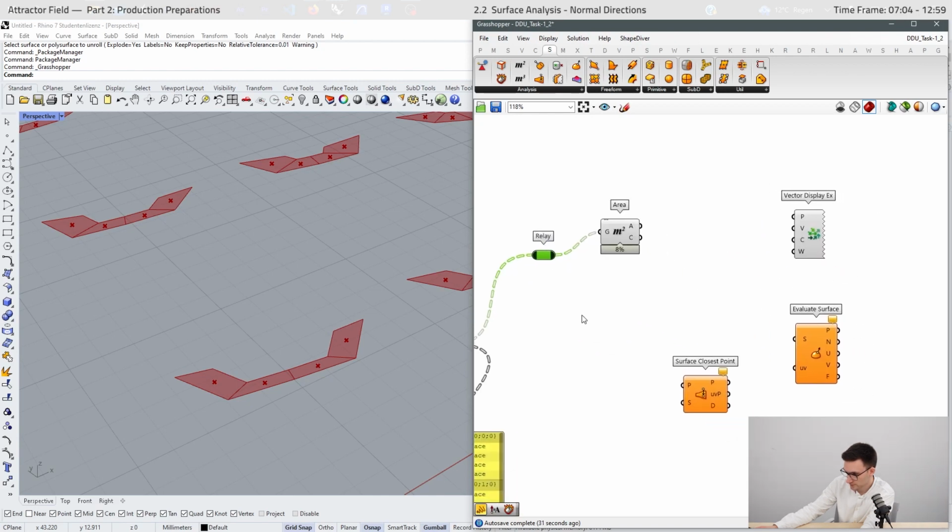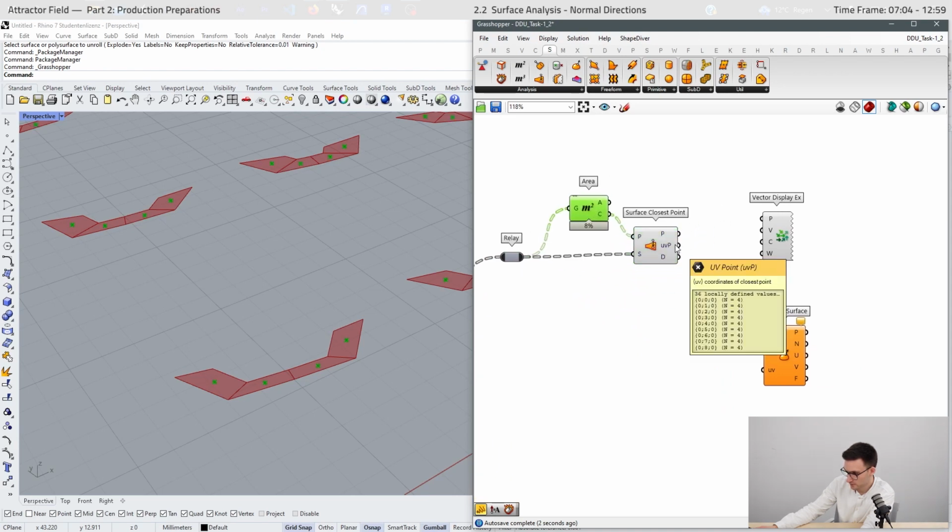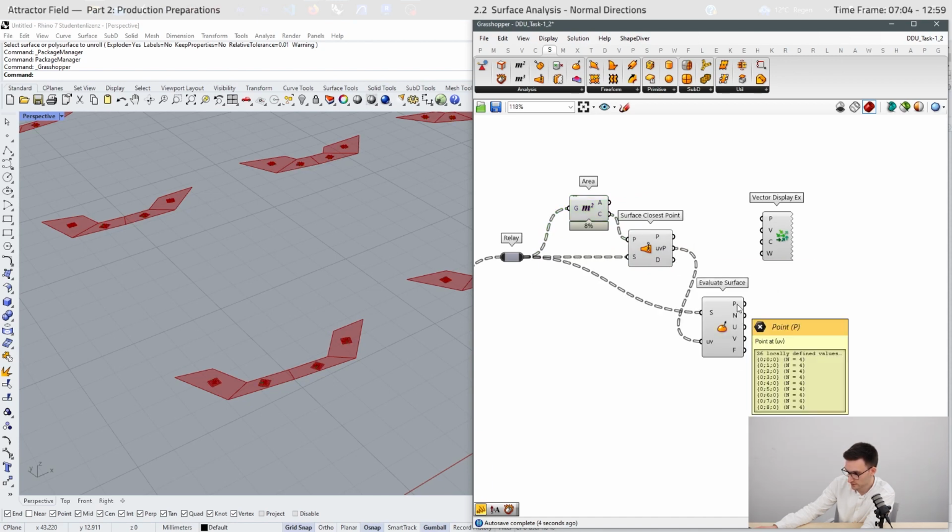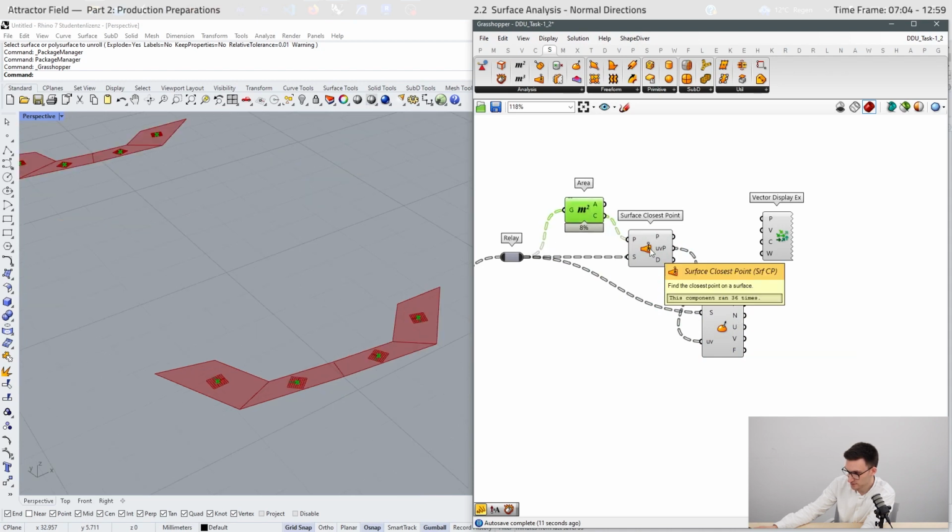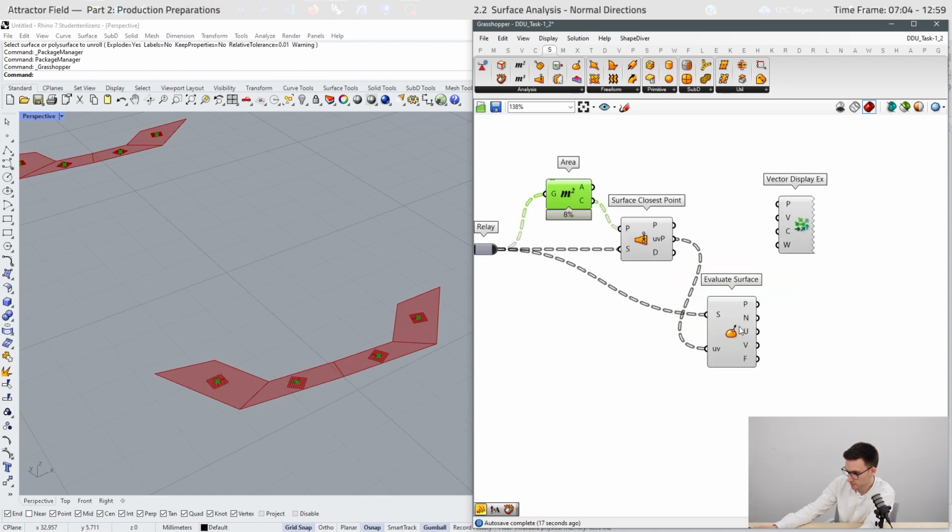Here are our surfaces. We connect the surfaces right here and the points. Then we have our UV coordinates. We use them right here. Then we receive the normal vector. So this component just pulls the points onto the surface. Therefore we receive the UV coordinates, and with the evaluate surface we receive the normal vectors.